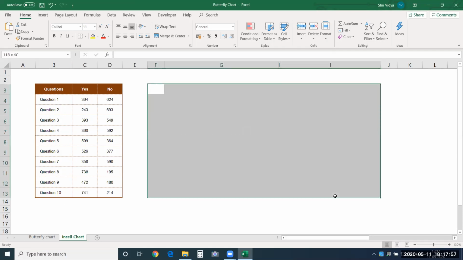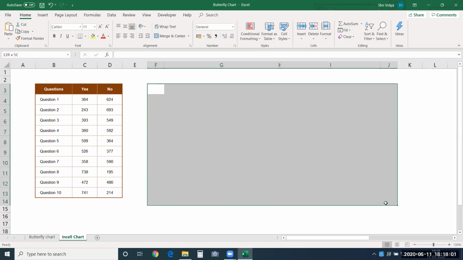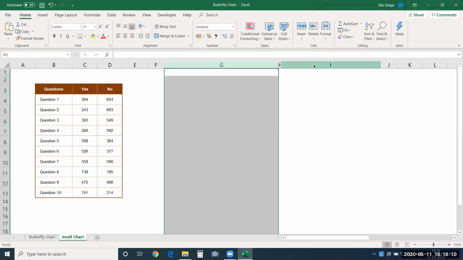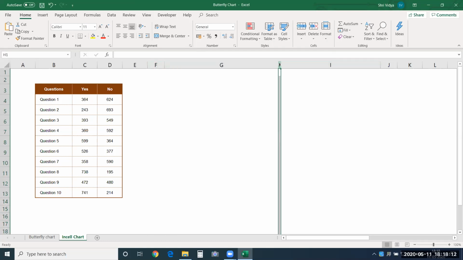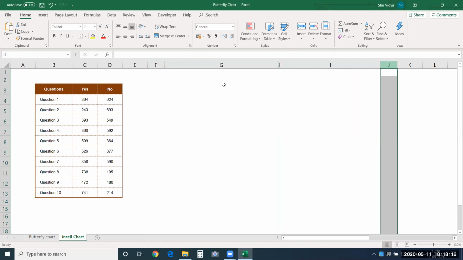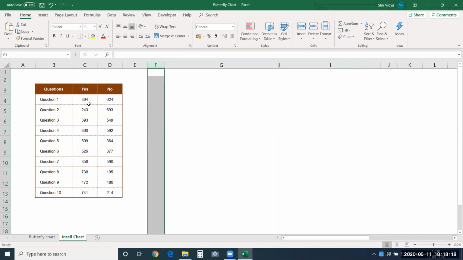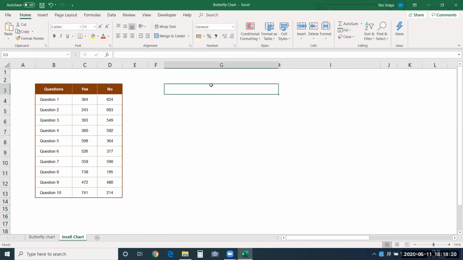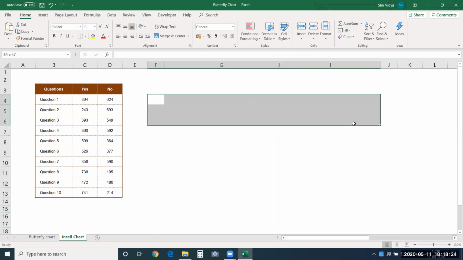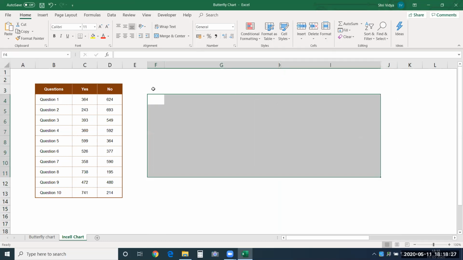Just go back here. I'll insert. Okay. I'll give a border now. I'll just select cells. I have adjusted the column width based on where exactly the series will be displayed. This is the gap that I have given. These are the places that I choose to provide the yes or no values. So let me go here. I'll draw a border around this. I'll select right from here.